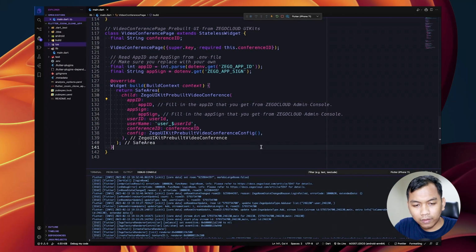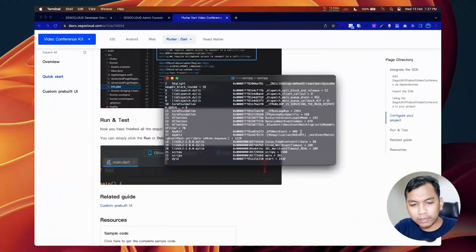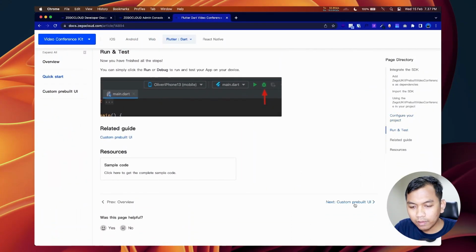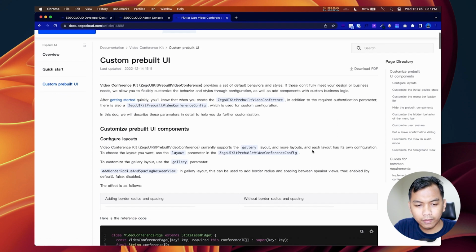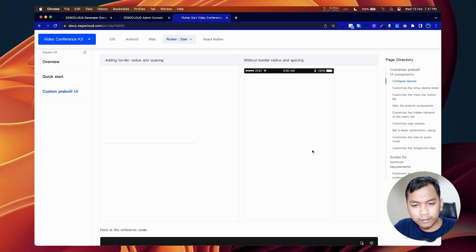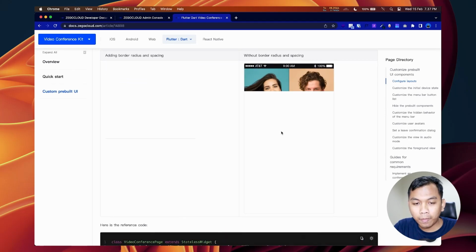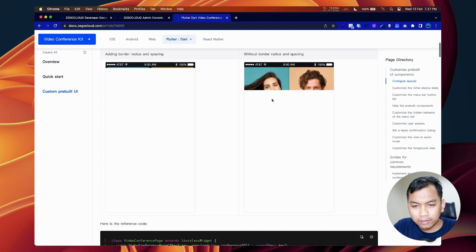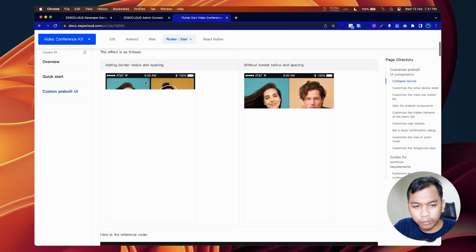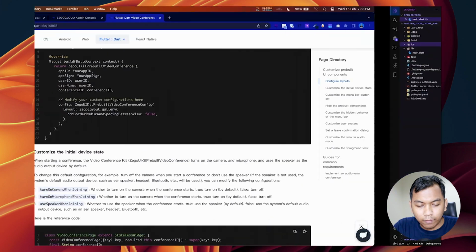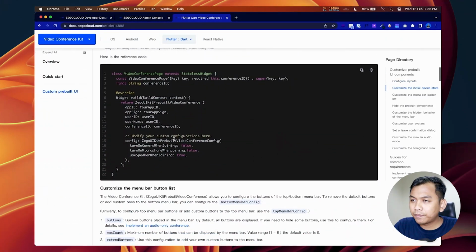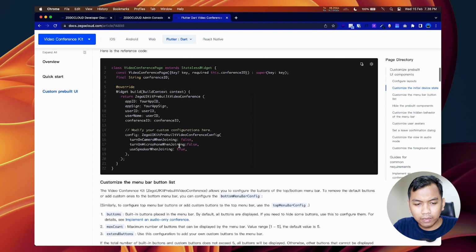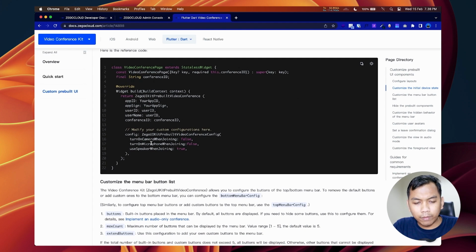Alright, so let's go to the documentation again. Let's go to custom pre-built UI. As we can see here, we can customize things like the border radius, and we can turn on the camera when joining, set it to true or false.